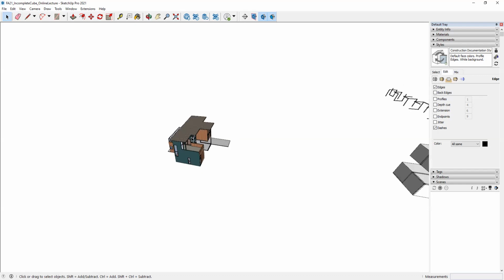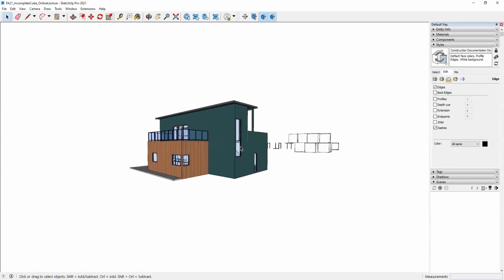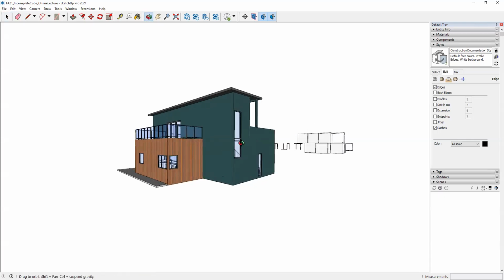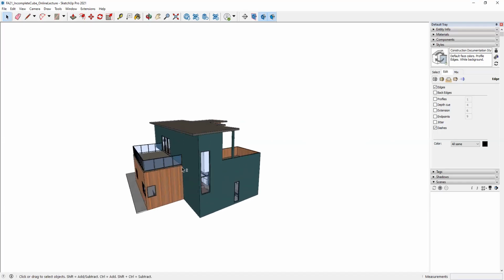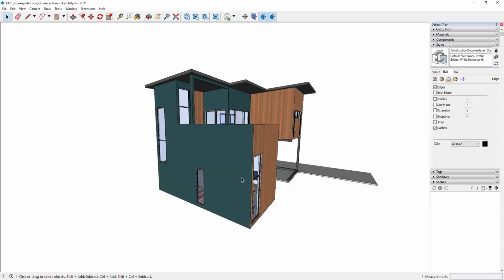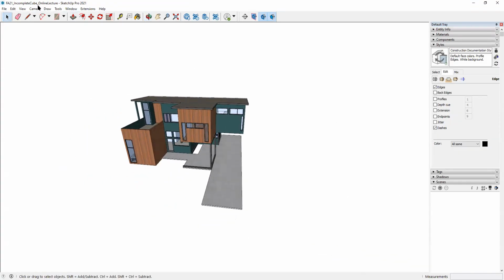If for whatever reason those get in the way, maybe I want my perspective to be at this angle, but I have these in the background, you want to hide them. So just do a cross window, right click, and hide them. Okay, because you don't want those coming out. Okay, so for my exterior perspective, I'm going to go up to camera,